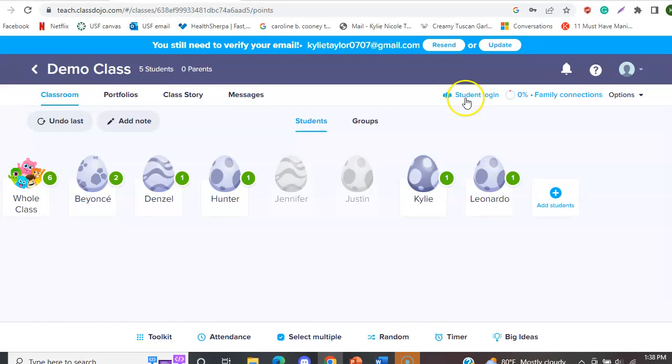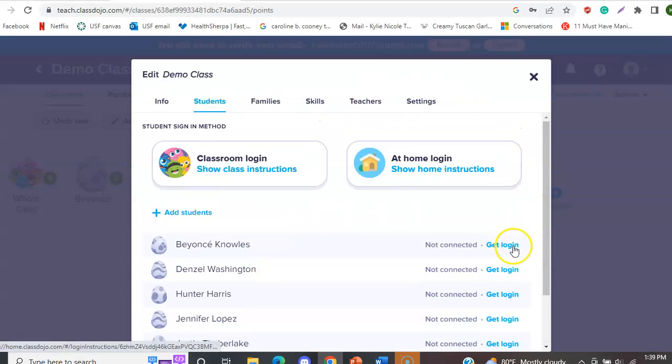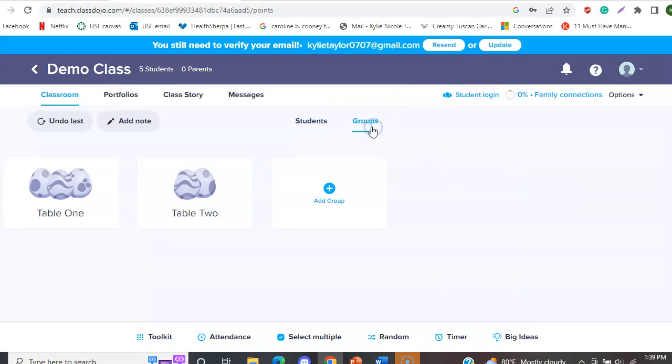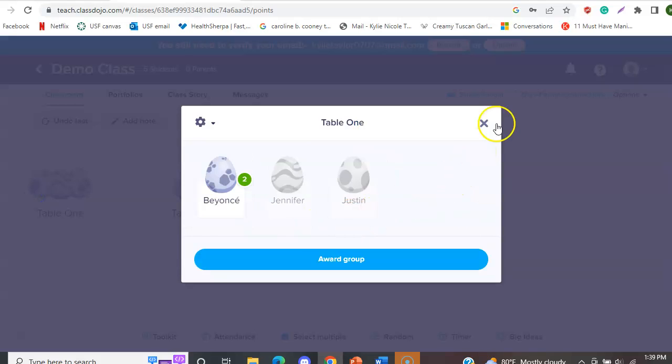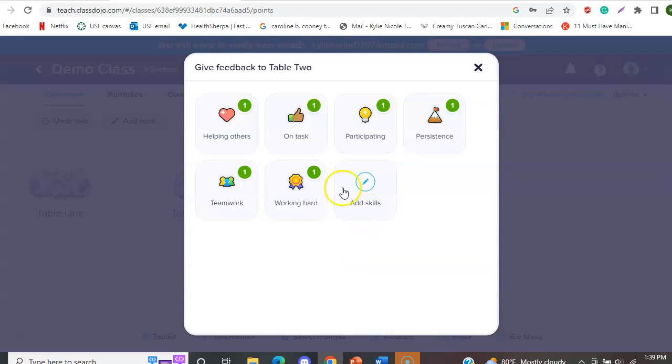And then student login here, that's how you would send the different access codes to all your students that have created an account. And then groups tab, you have table 1, table 2. You can create more groups. So table 1 has 3 students in it. And that's how you can assign group work, or you can award the group for being good, so they were